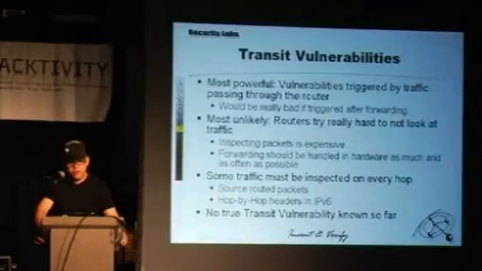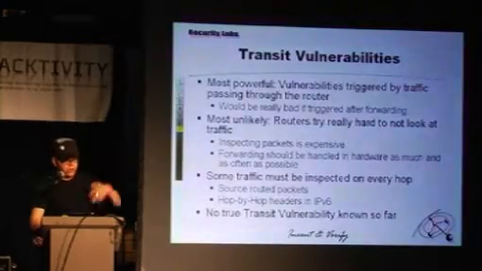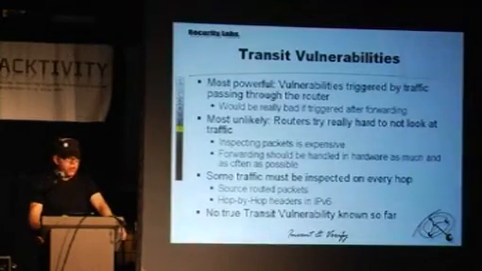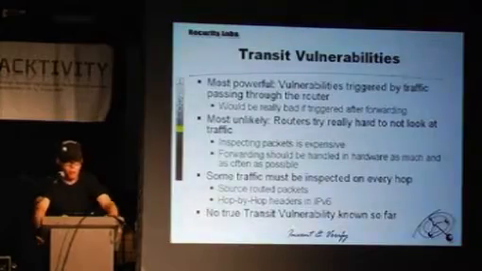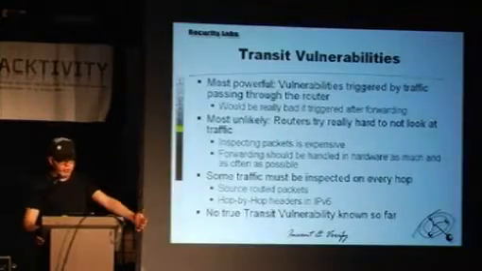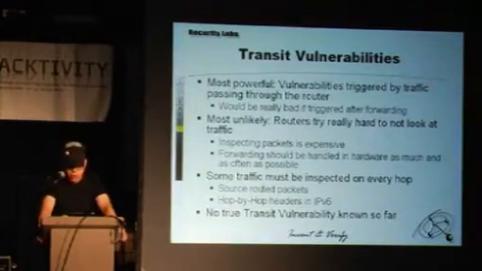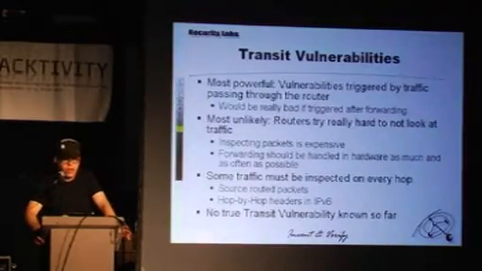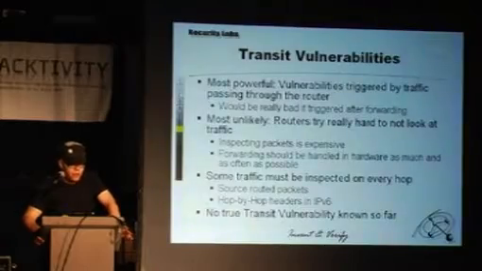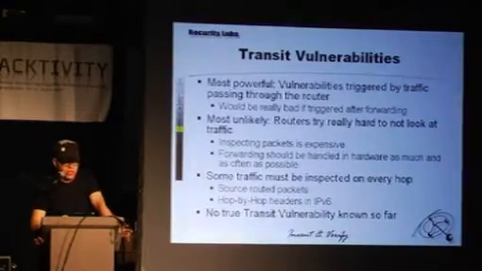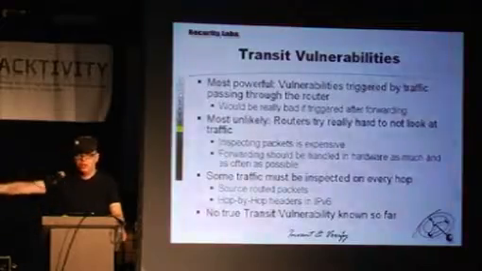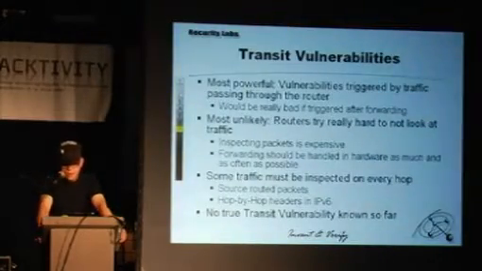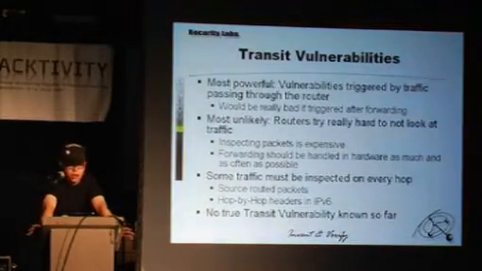And that would be really interesting because you could, let's say you could ping a router on the other end of the globe 30 hops away, and while doing so, you're owning every other router in between. That would be kind of cool. It's the most unlikely type of vulnerability because routers try really, really hard to not look at traffic. Because looking at traffic is a memory operation and it's relatively slow. What they like to do is take the packet and fire it out the other interface. And they're really trying hard to not look into the packets.